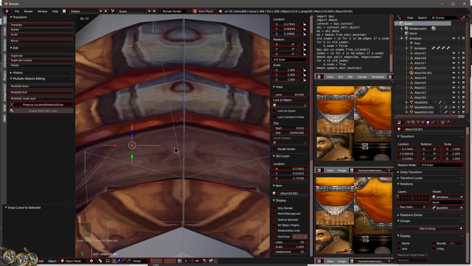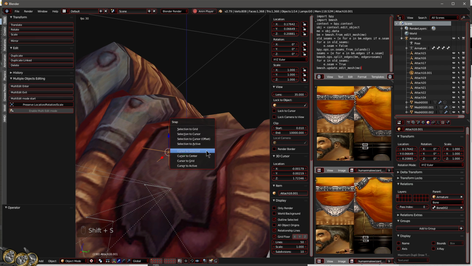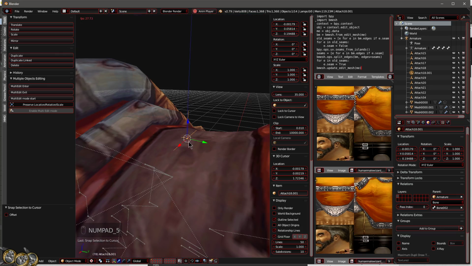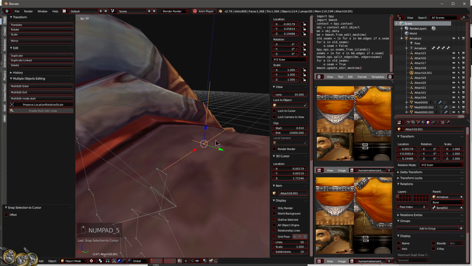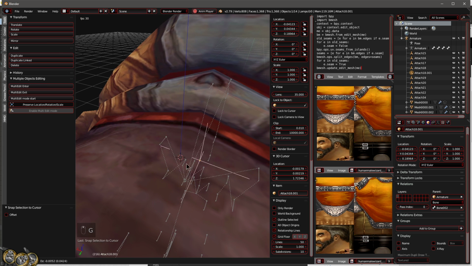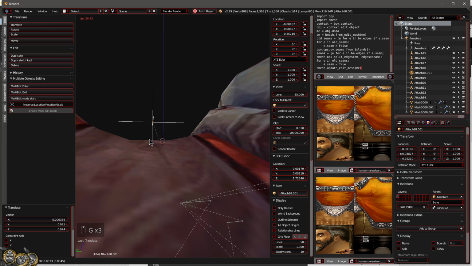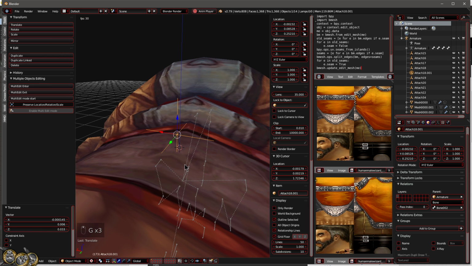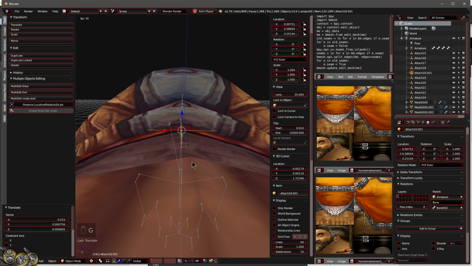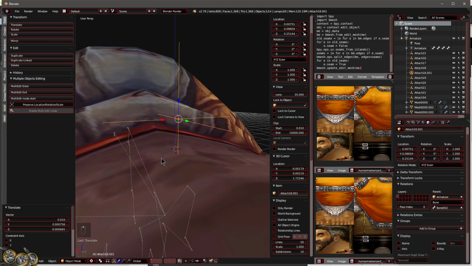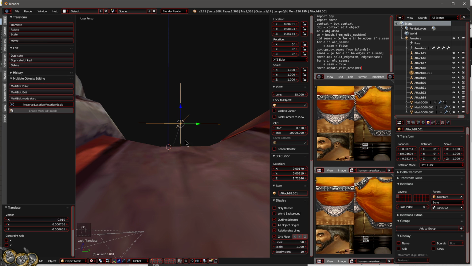That would move it, but we want our cursor to be here, and selection to the cursor. That's what I wanted. Okay, so right now the attachment is in place. I mean, we could have moved it here manually by using G, but whoever cares. Okay, right now it's in place, and let's move it a bit up so there is some space in between, so it's not at least extremely